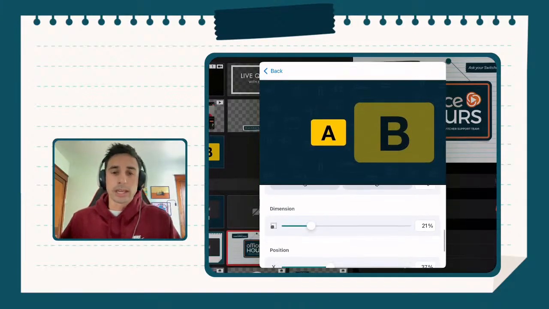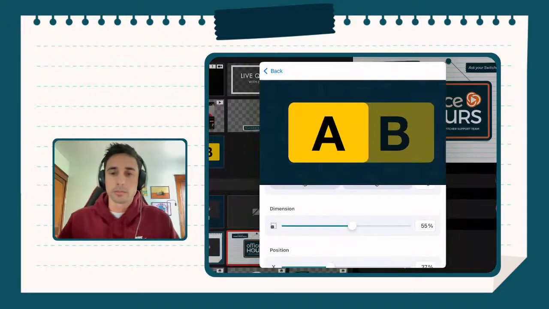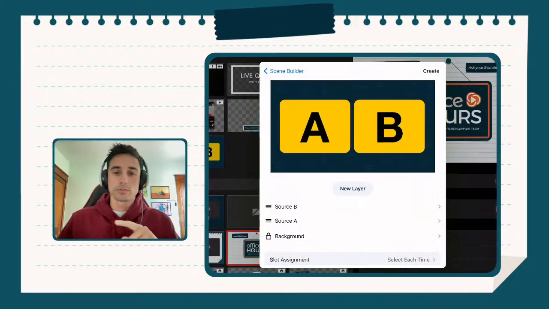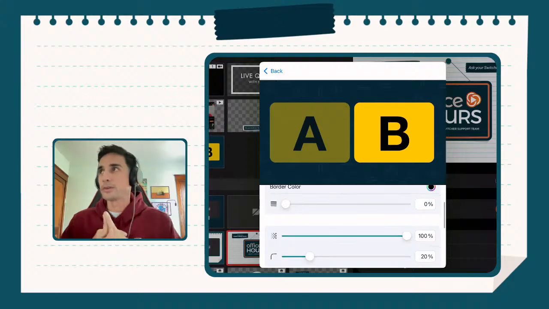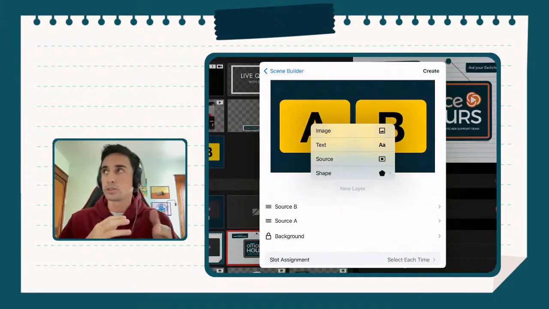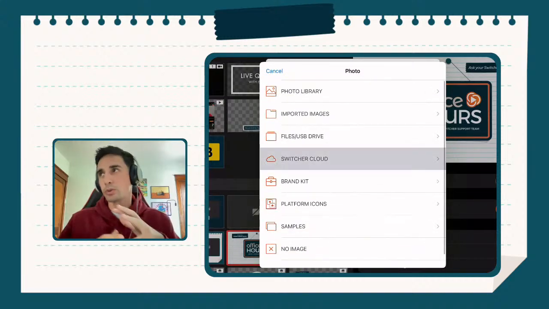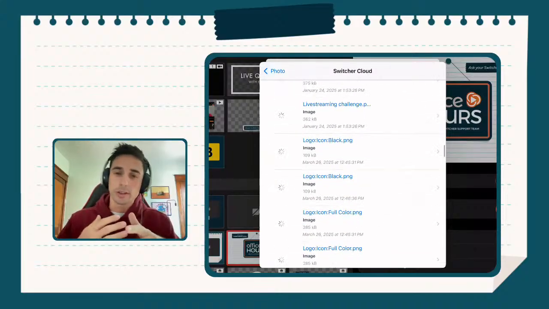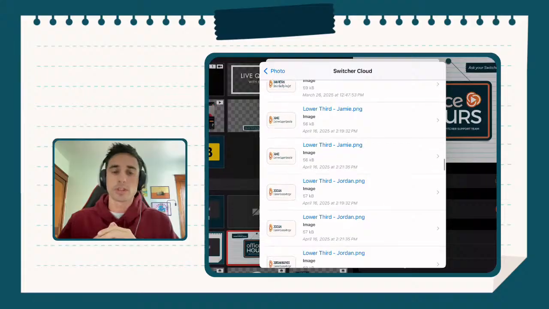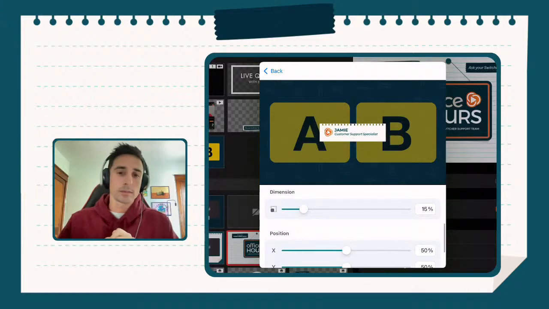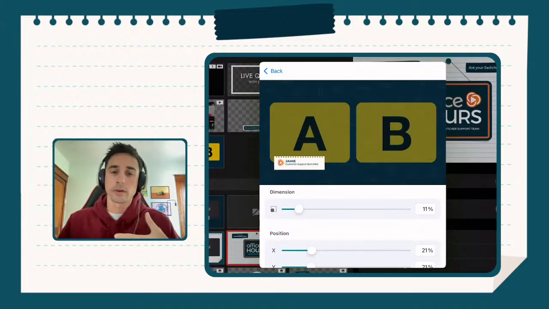like this example that Katie put together, showing the building of the scene that we're using right now. She started with the background from the photo library, chose the amount of layers and what type of layer. In this case, she started with sources, and then customized the sources, the aspect ratio, the framing shape, the positioning, border colors, which you can change with sliders or percentages depending on the parameter, and then went in and tagged on those lower thirds that you see on there right now for